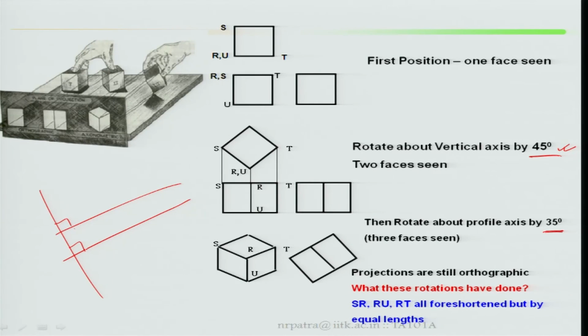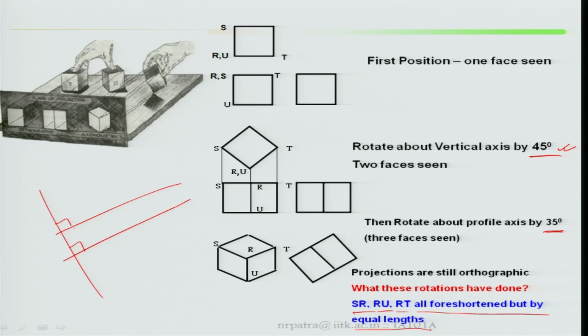What have these rotations done? If you look here, rotation has been done about SR, RU, RT. This is SR, RU with respect to vertical, then RT with respect to profile. All what additional you get by this rotation: here, one face seen, that means you get the true length. The moment this is parallel to this, this is your true length. Now the moment you rotate it 45 degree, then tilt it 35 degree, all are foreshortened but